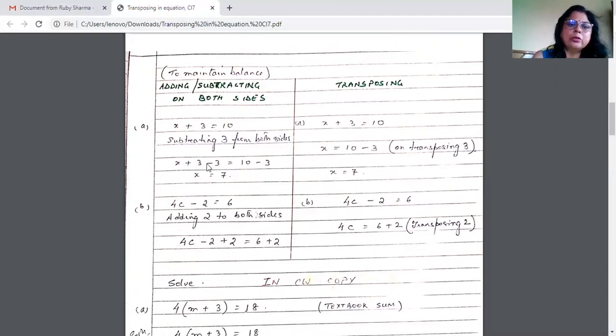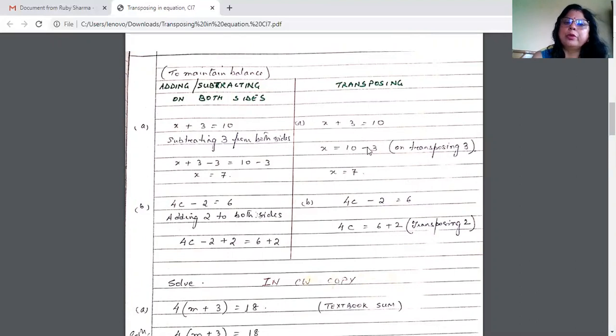So we got x plus 0 is equal to 10 minus 3. We had subtracted 3 from both the sides. Now x is equal to 7. Now this part can be skipped and from directly this equation, we can write this. That is, instead of subtracting 3 from both the sides, we can write x plus 3 is equal to 10, x is equal to 10